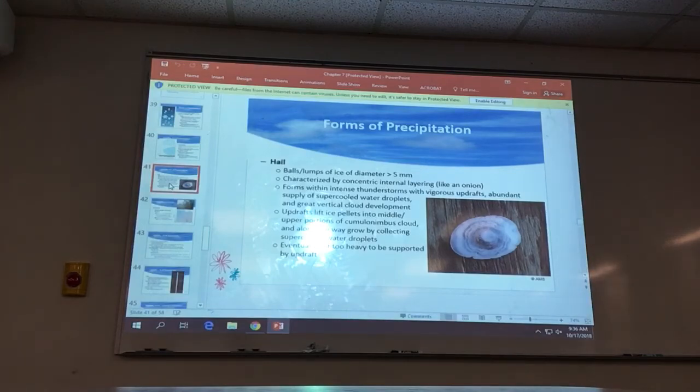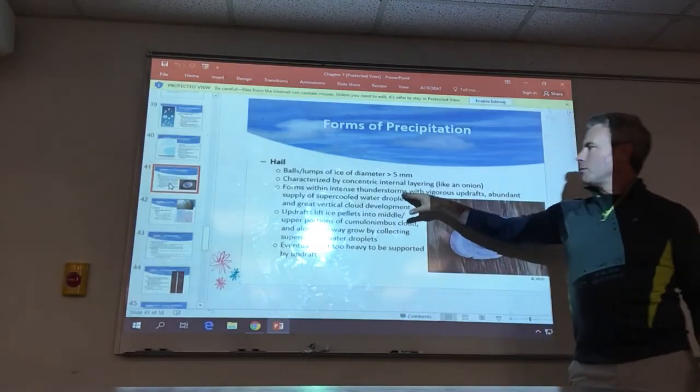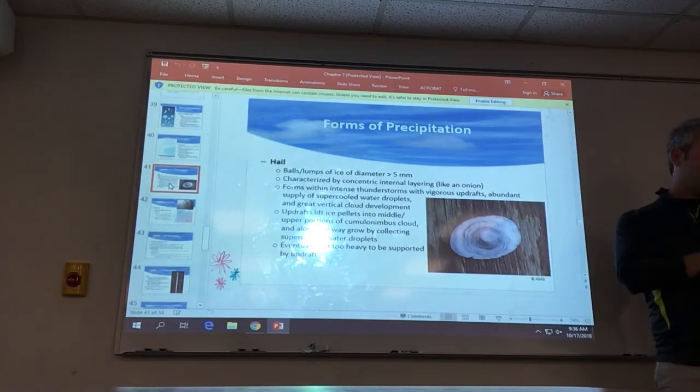It's all of these different little layers of ice that have formed around some kind of a core or a nucleus. As it goes through a cloud, it gets bigger and bigger. Now it's formed generally in thunderstorms, big thunderstorms at that, by the way,